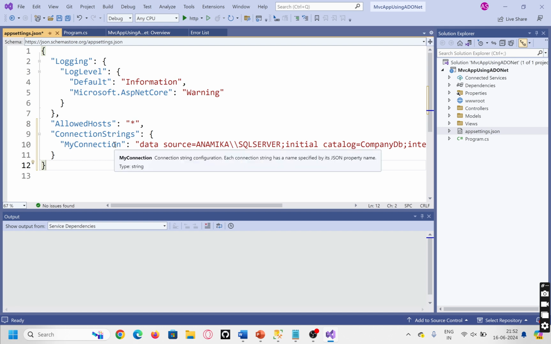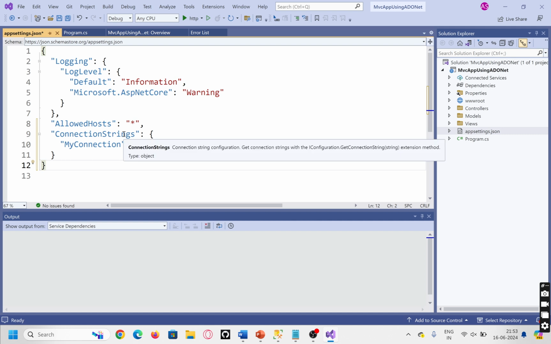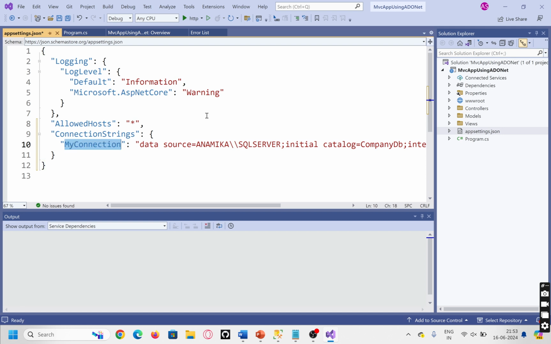And if we want to retrieve this, we can see the connection string configuration. Each connection string has a name specified by its JSON property name. So again, if we want to retrieve the connection string, we need to use the GetConnectionString method of the IConfiguration. This is the method that we need to call to access this connection string from this file. Okay, once it is done, before we proceed further, I will create the database with this name